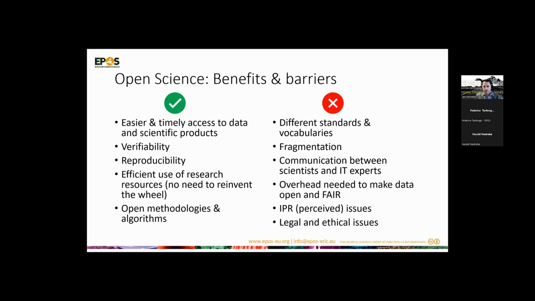Open science brings its own benefits and barriers. So the benefits: you will always have the data much easier to access in good time, making the most of the data which are available. Verifiability, which means that all the data are already approved by those who generated them. Reproducibility, so you can reuse the data and reproduce the results achieved by other scientists. And of course, in that way, you will use research resources efficiently, so you will not need to reinvent things, because if the data is already there, you can just reuse it. And if the methodologies are open as well, then you can use them to your advantage